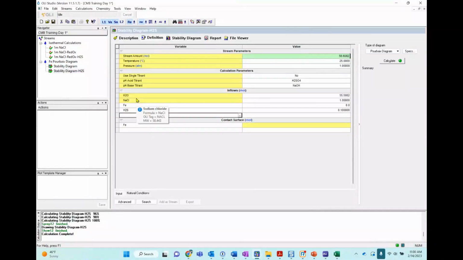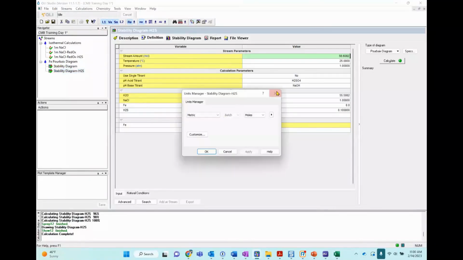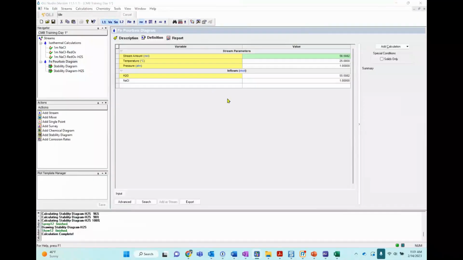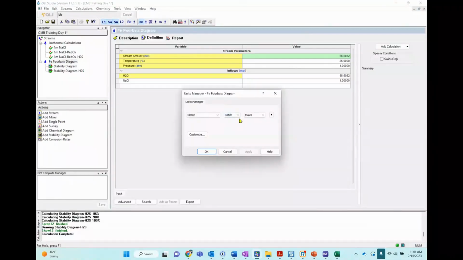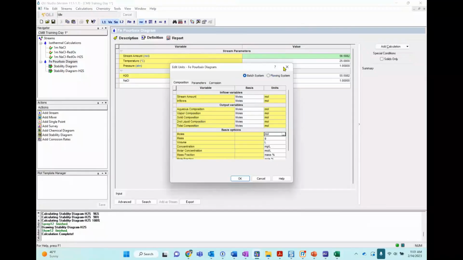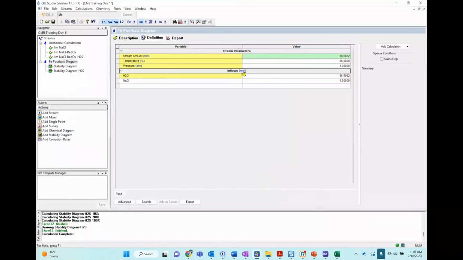But for now, my only suggestion is to click on the stream level and go to units manager. What I do is copy the parameters, and another way is moles. If you click on the hyperlink, just change from flow into batch, and that's it. That will be the fastest. There are many ways.